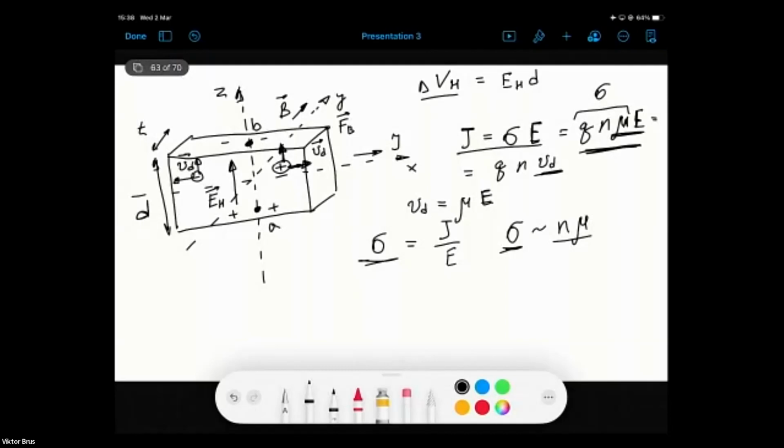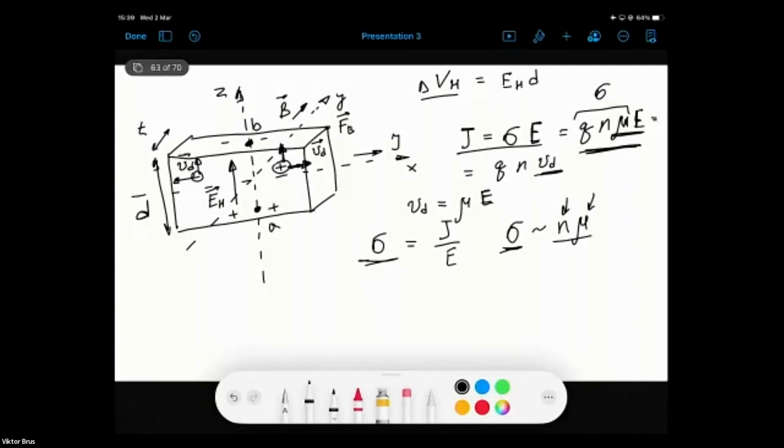So we kind of stuck because this simple current voltage characteristic measurement, which implies measurement of current density and electric field, does not provide us enough information to tell what is the concentration and what is the mobility of charge carriers